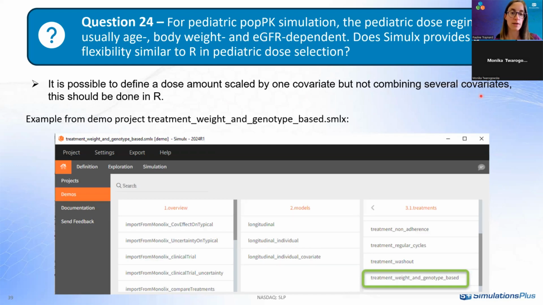And if you need to combine several covariates to define your dose amount, then indeed this should be done in R, and you can easily import the table of individual doses that you have generated in R in Simulix to create a new treatment element to use for your simulations. Still, if you're interested in defining dose amounts scaled by some covariates, you can have a look at the demo named Treatment Weight and Genotype Based